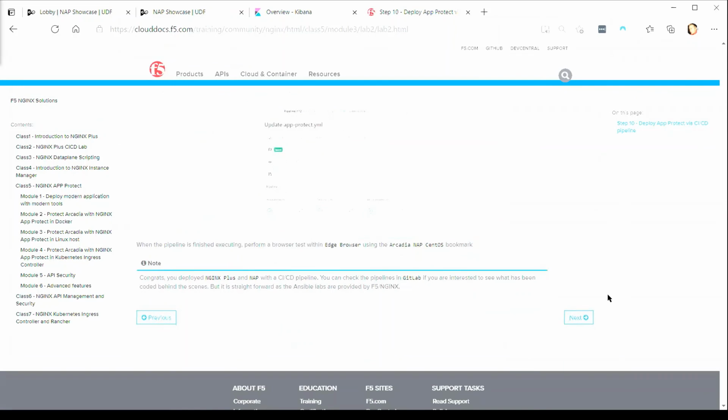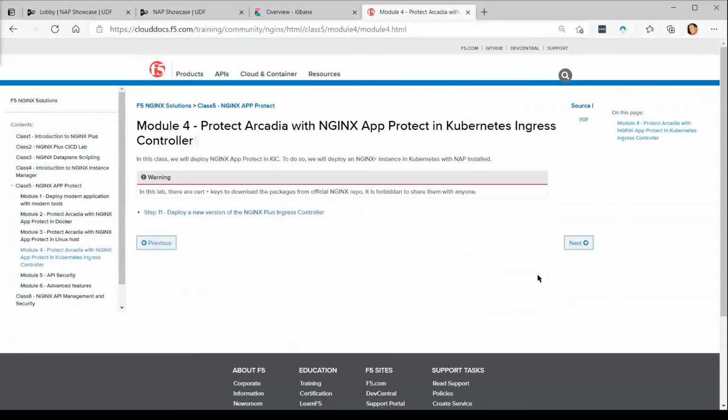Anyways, so yeah, we'll pop on over to... there we go. This functions really, really well as our final full module. So we want to be in class 5, module 4 specifically. We're going to protect Arcadia now directly in the Kubernetes Ingress Controller. Rather than putting protection in front of the Kubernetes Ingress Controller, we're now going to include it directly in the controller itself.